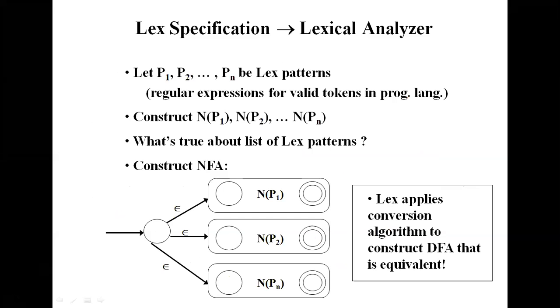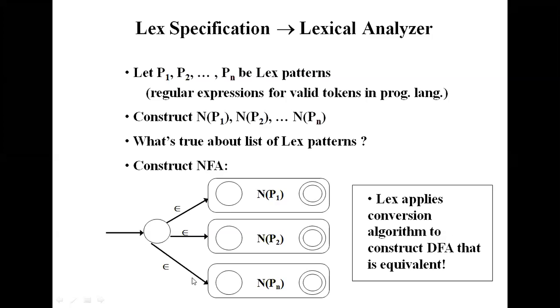Now, see here the Lex specification for the lexical analyzer, specifying the Lex for the lexical analyzer. This is the way of representing the construction of the specification. See the cursor where I am showing. Here we see the regular expressions for valid tokens in the programming language. Taking the valid tokens from the programming language, we construct P1 to Pn transition diagrams.